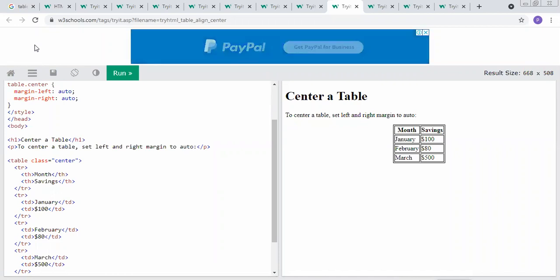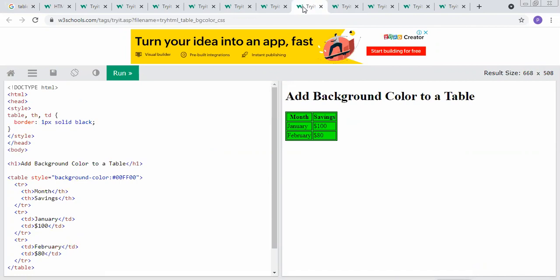So with the help of this, we give the alignment to that particular table. Then another example is regarding if you want to add the background color to that particular table. With the help of this, we can easily add the color to that particular table. The color has some formats, meaning we can define the particular code for that color, through which we mention the name of the color with the help of code. So with the help of this, we can easily give the color to that particular table.